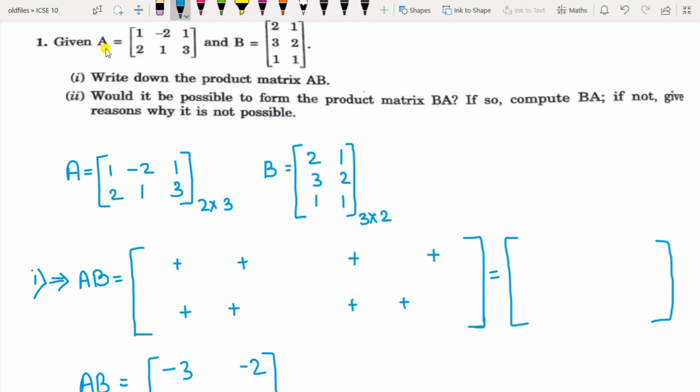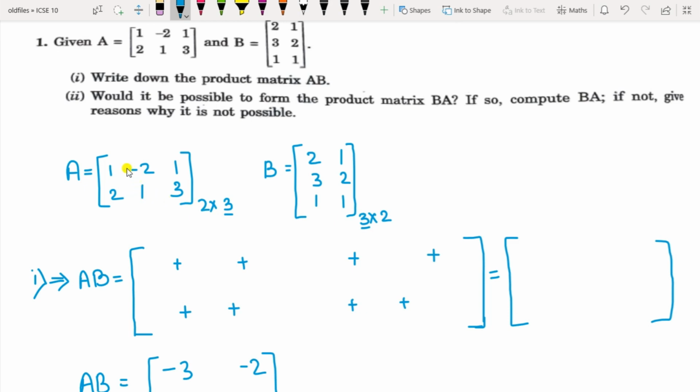The first question given here is A equal to 1 2 minus 2 1 1 3, this is the matrix, and B is this matrix. Write the order of the matrices, then only will we know whether they can be multiplied or not. Here matrix A has 2 rows and 3 columns, so it is of the order 2 by 3, and matrix B has 3 rows and 2 columns, so it is 3 by 2. Here the column and row counts are the same, therefore their multiplication, that is the product AB, is possible. First you have to see the possibility and only then multiply, and the resultant matrix will be of the order 2 by 2.